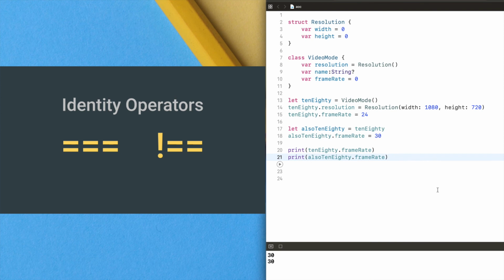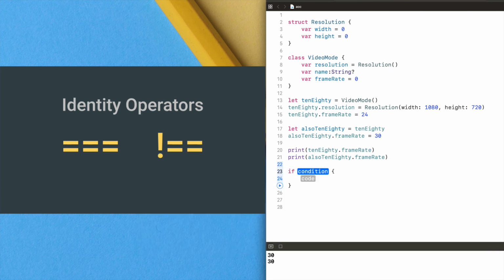There is an option to check whether both instances are the same or not. We have some operators, they are known as identity operators, same like equality operators.